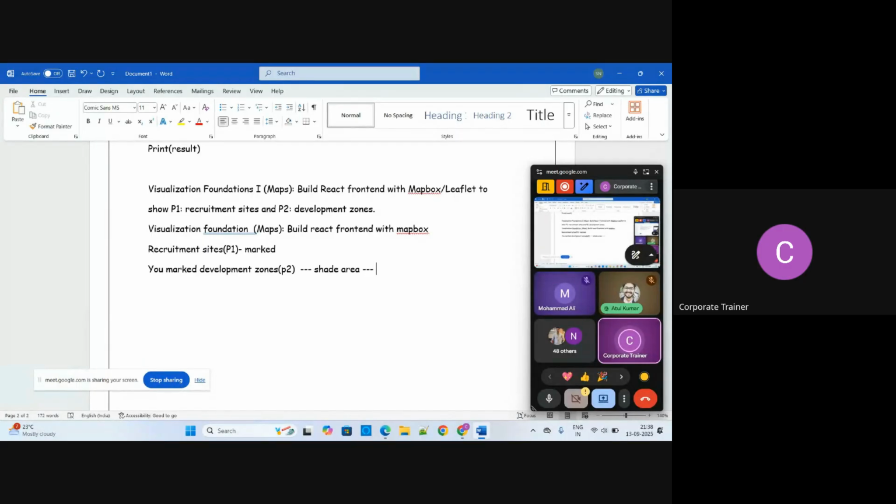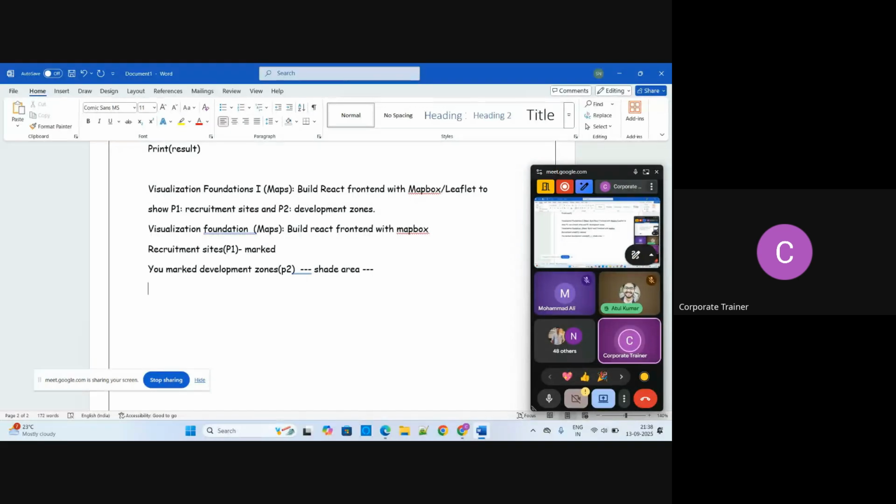Now the question is, sir, you told us this and we listened and at least we understand, but how can we implement the things in the project? After listening, some of the folks are asking, sir, this is not web dev, then how can we do it? So it's very simple.